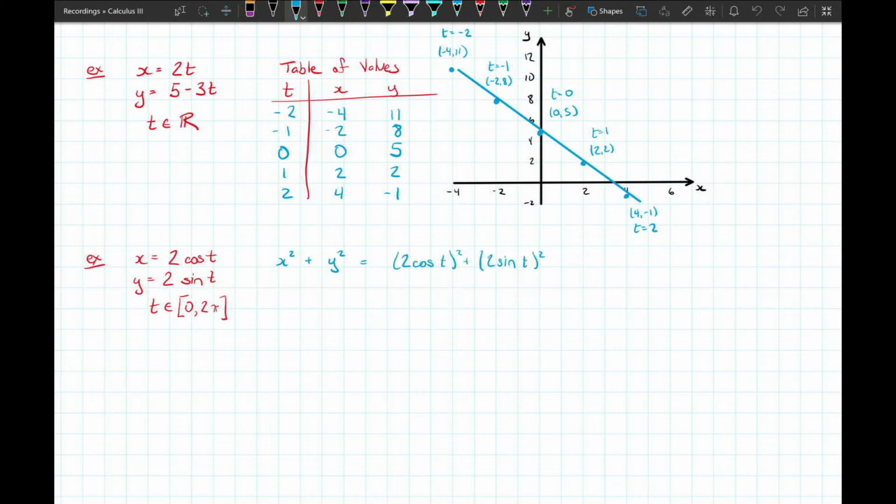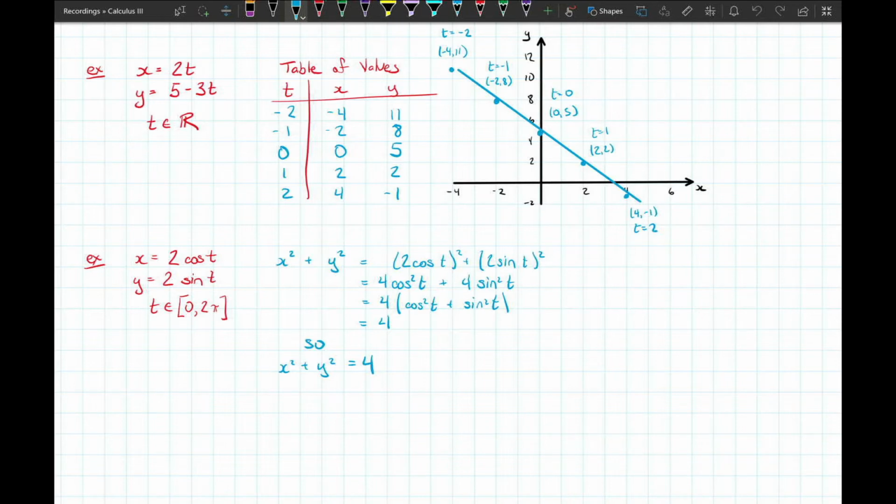And if we were to expand those squares and simplify, you can see that we have a common factor of 4 and our identity of sine squared t plus cosine squared t, which is equal to 1. So in the end, this actually gives us the equation of x squared plus y squared equal to 4. We've eliminated the parameter. By eliminating the parameter, now we have an implicit function,